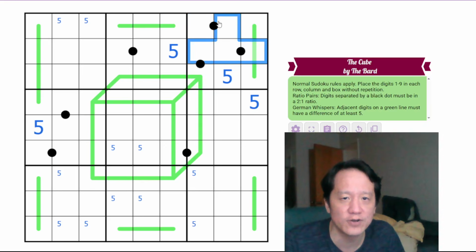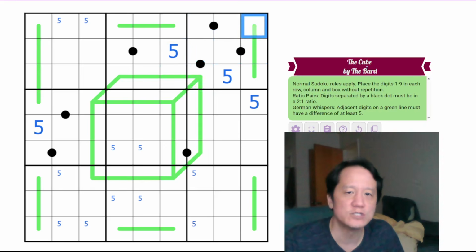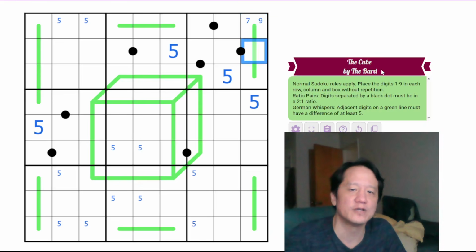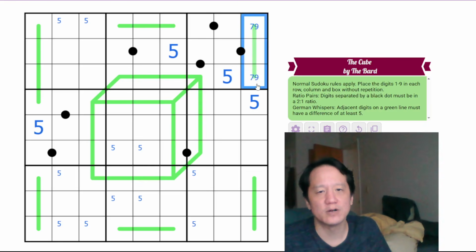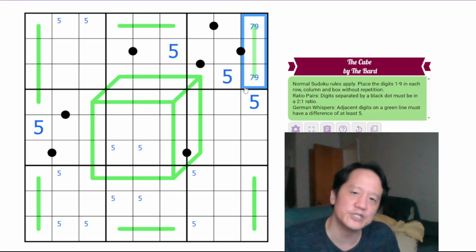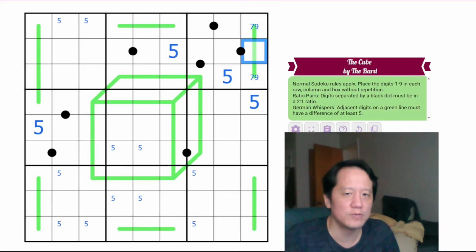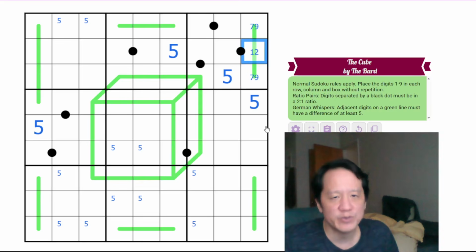So this can never have 7 or 9 here, which means this must be 7 or 9 here as a pair. That means what digit can be next to it on a Whisper 5 line? It's only 1 or 2. But the thing is,